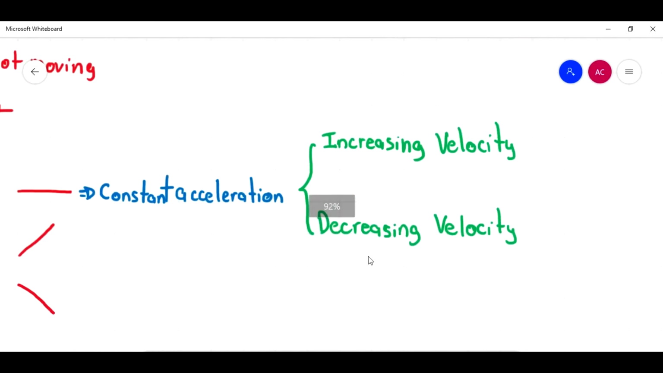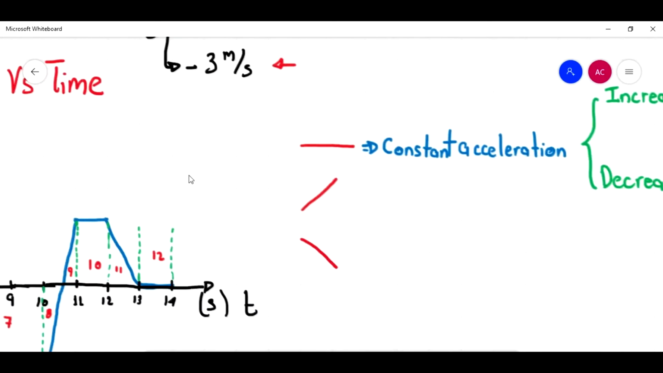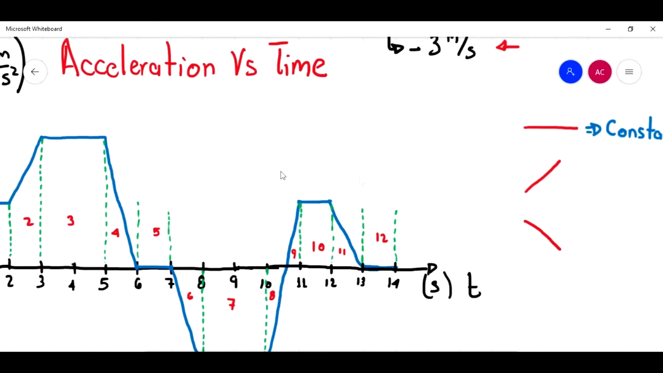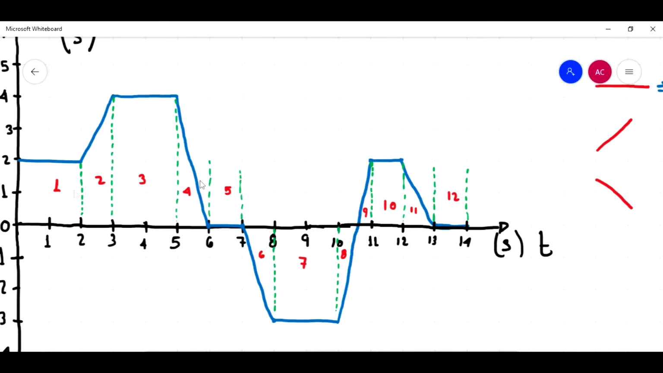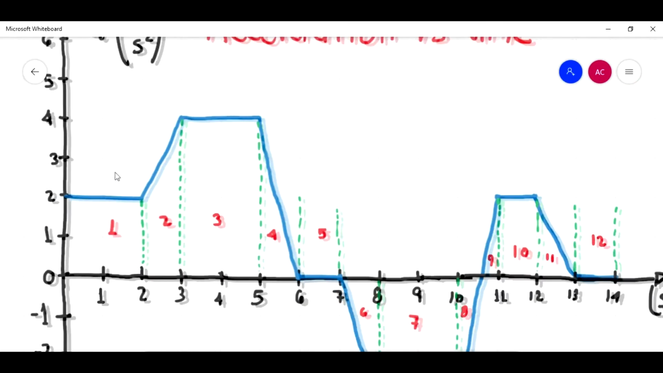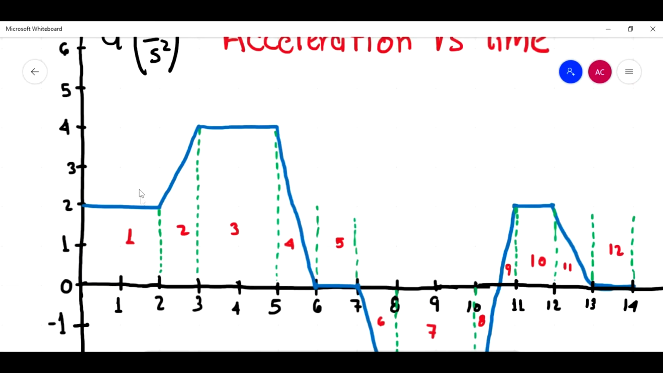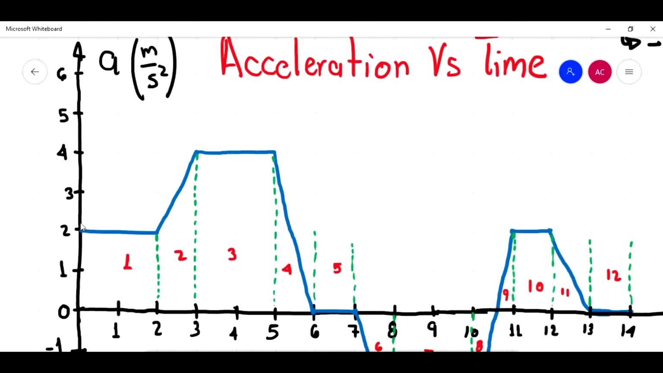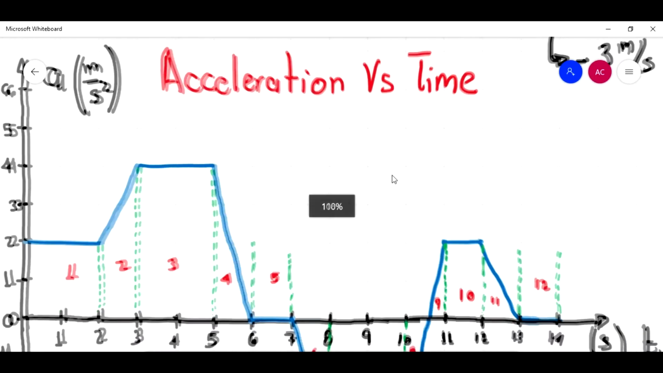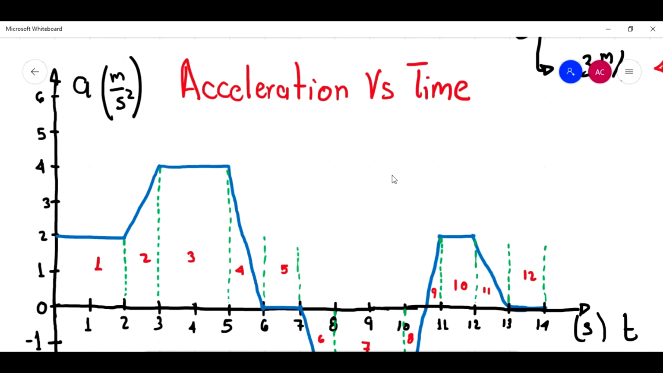Okay? Now, what does the inclination mean? Well, that means that there is going to be a change in acceleration. So if you see, from 2 meters per second squared, it's going to jump to 4 meters per second squared. So there is an increase in the acceleration. Now,